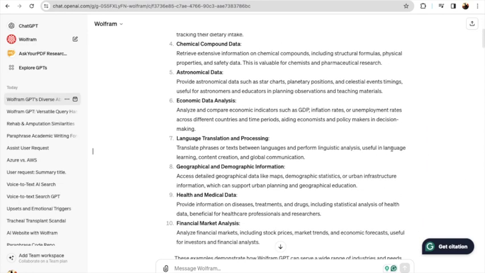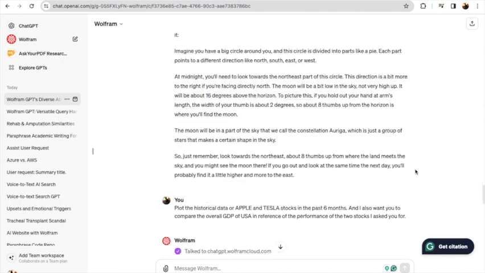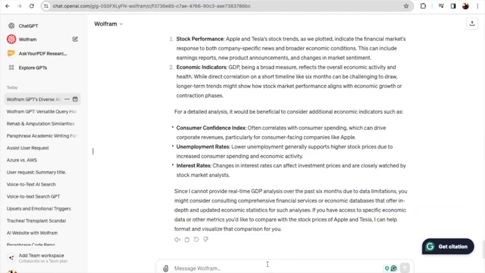Economic data analysis, language translation and processing. I did not know it had that. Let's just say translate